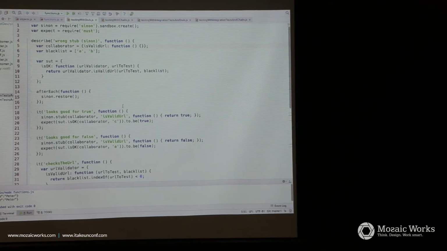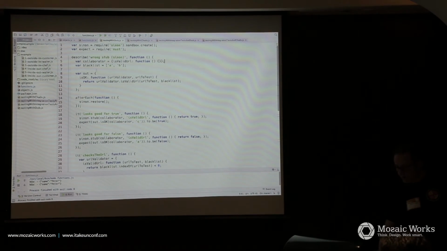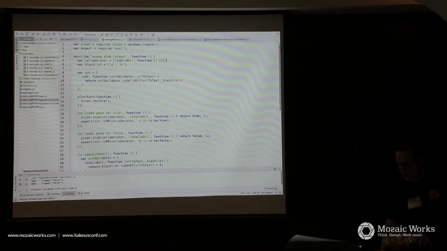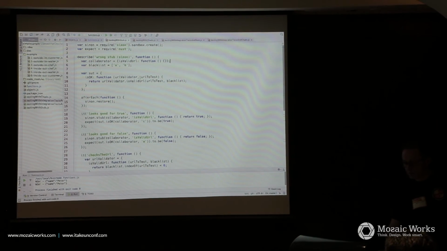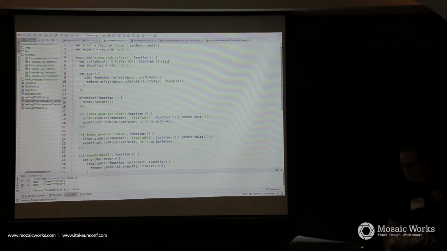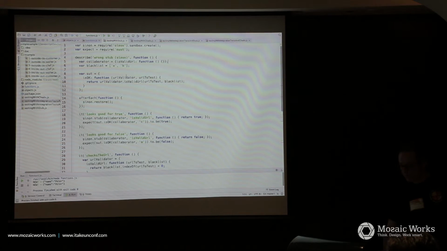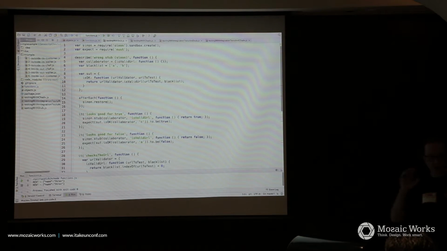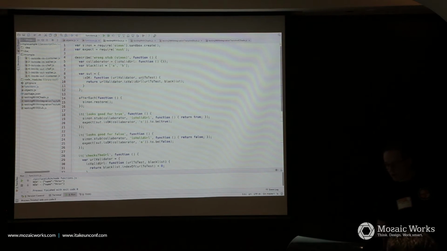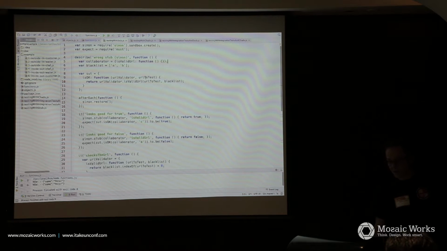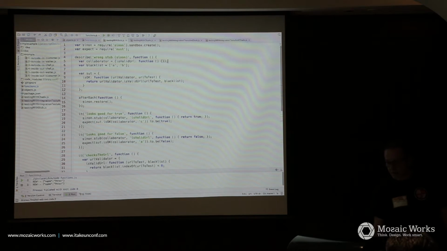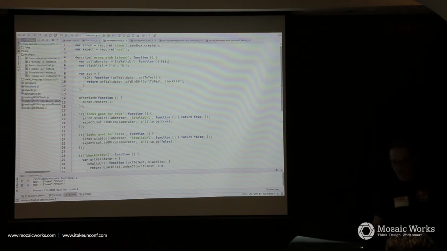So what we're doing here is defining a collaborator which has one function, isValidUrl. We have a blacklist that defines two members, A and B. Our system under test has a function isOk, where we inject the validator and the URL to test, and then we delegate to the URL validator and let it do the real check and return it.